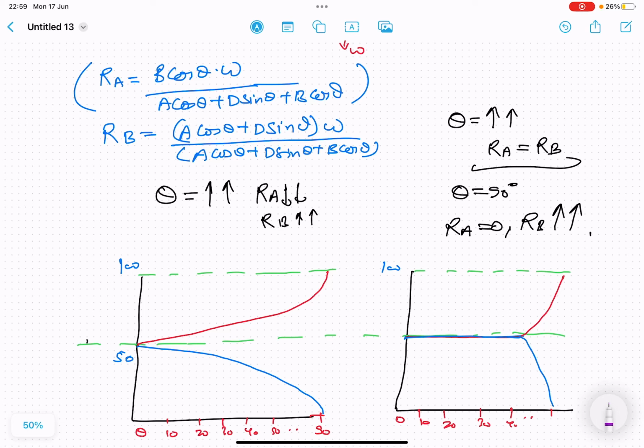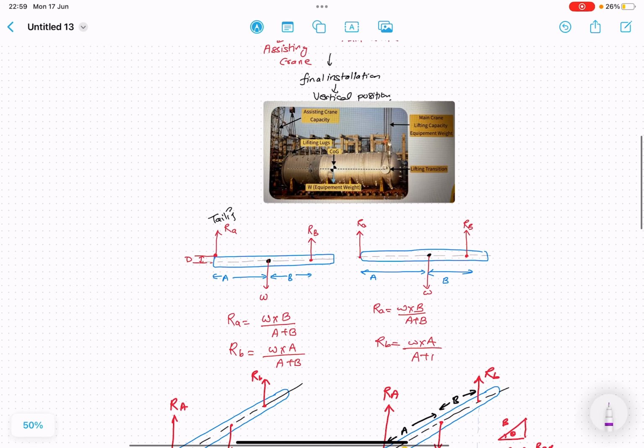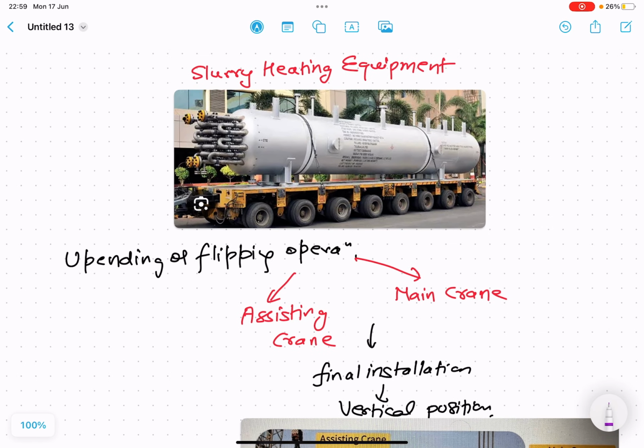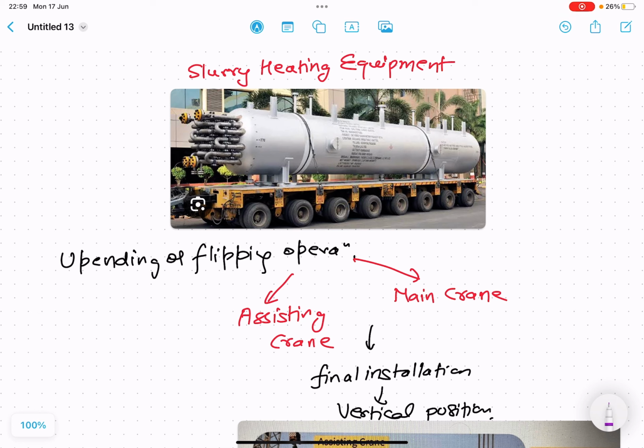Hello friends, in today's lecture we will discuss load calculation during appending or flipping operation using cranes. First, we will understand what exactly an appending or flipping operation is. Suppose we have this element. The element in front of you is basically a coal plant element or part, that is